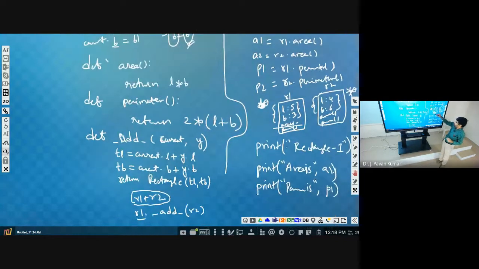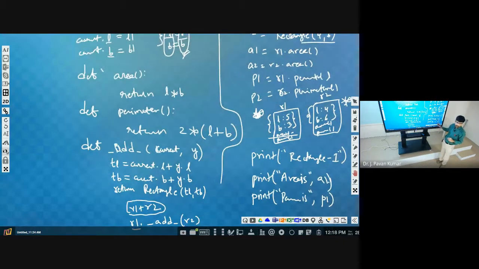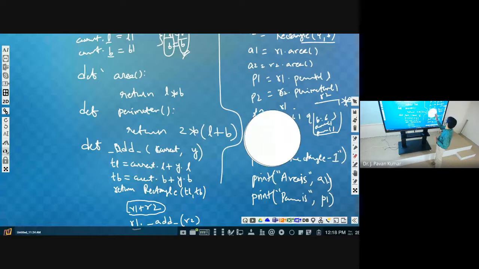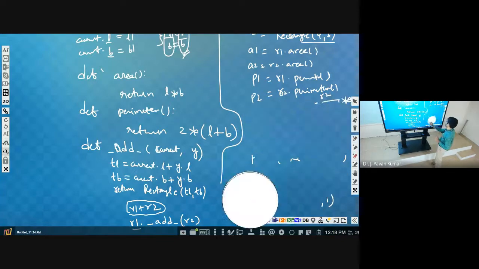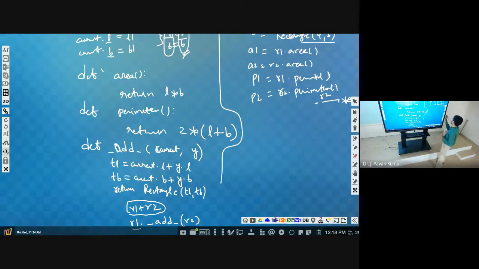So now here you can use R3 is equal to R1 plus R2, here we are having A1 P1 R1 R2.